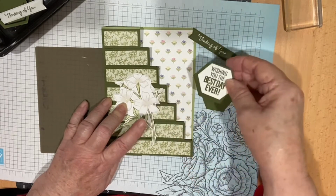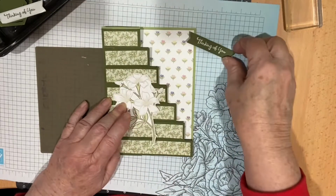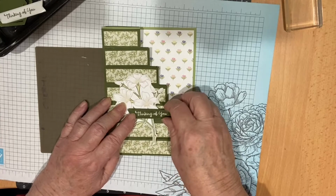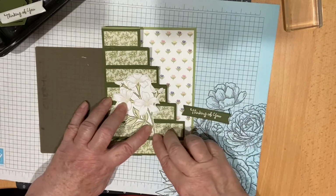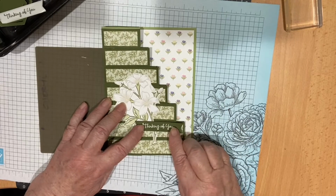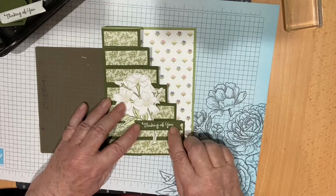Yeah, I thought that covered up too much of the flower. So I thought I'll settle with that. And you've all seen me emboss before, haven't you? So then we just, oops, is that, no, that's right. I think if we came down here,